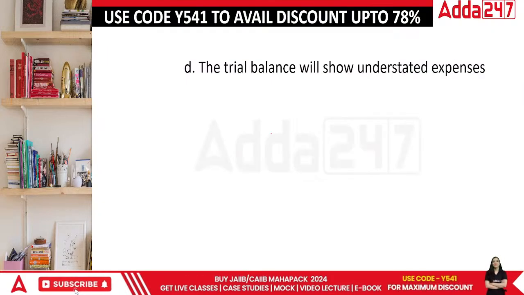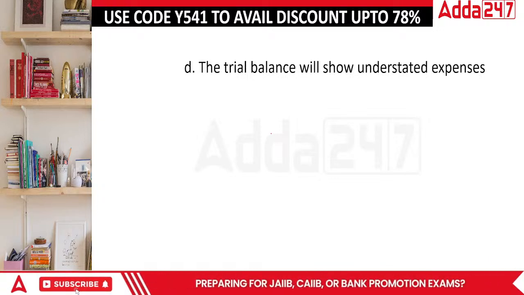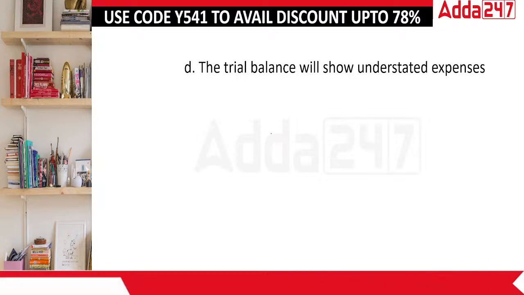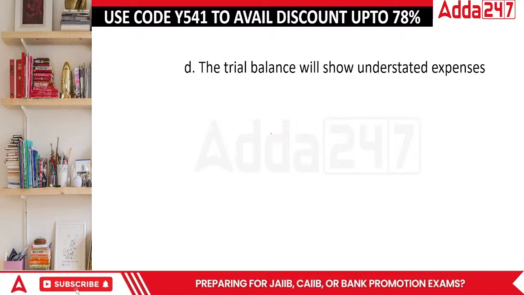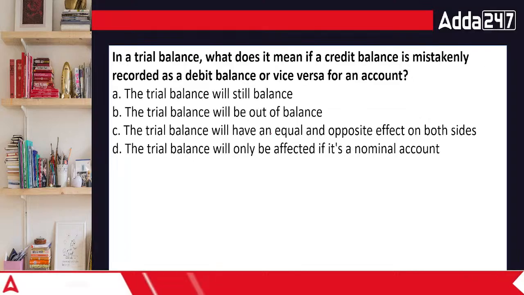So in this case, your trial balance is showing expenses. Of course, it is completely matching as well. But there is one particular truth, that your expenses are shown at an amount which is lesser than its original amount. If it was to be written at 10,000, we have written it at maybe 5,000, which has to be corrected. Done? Here comes the next question.